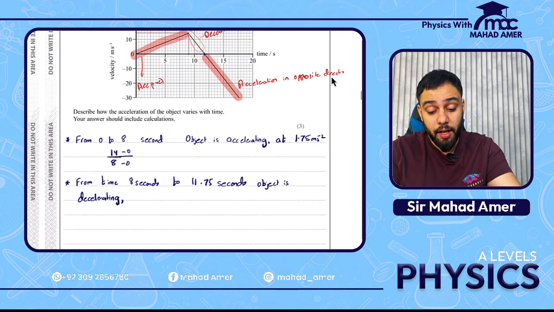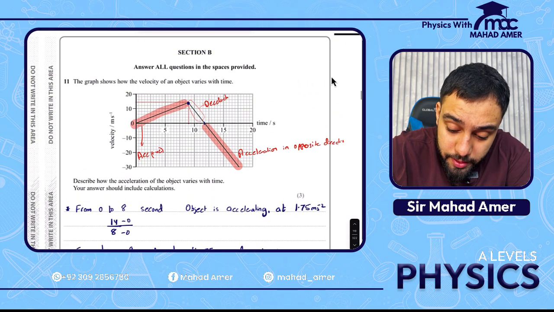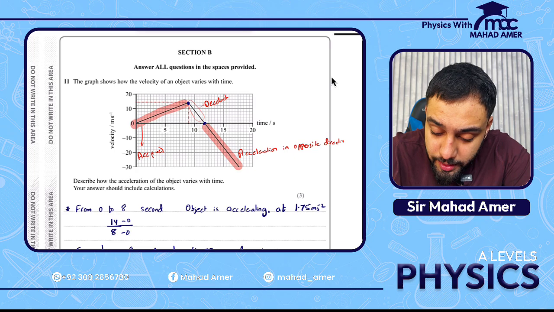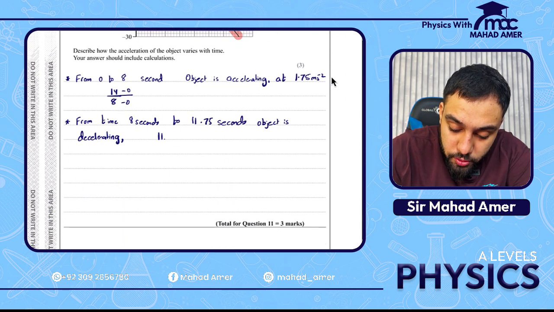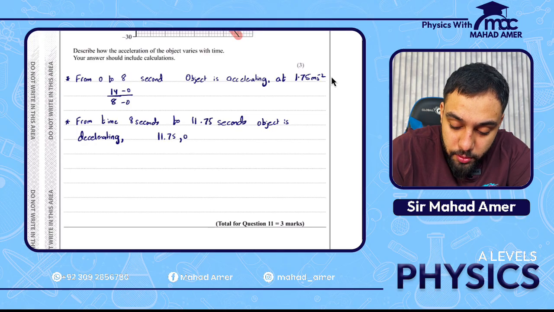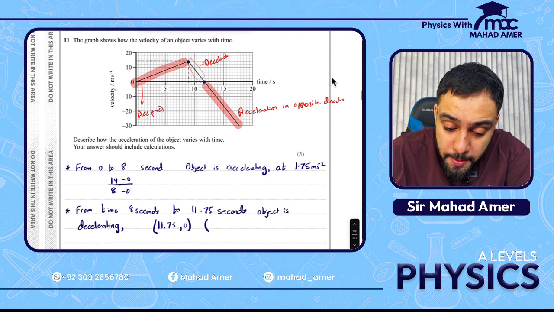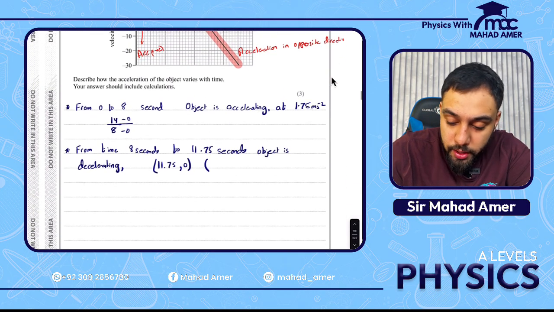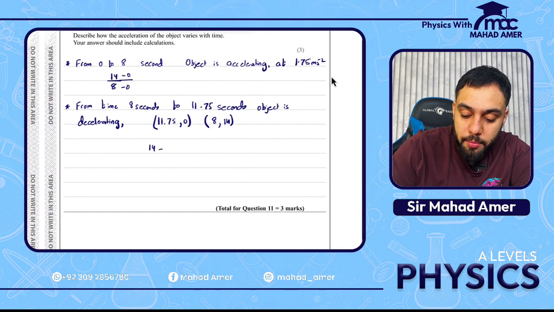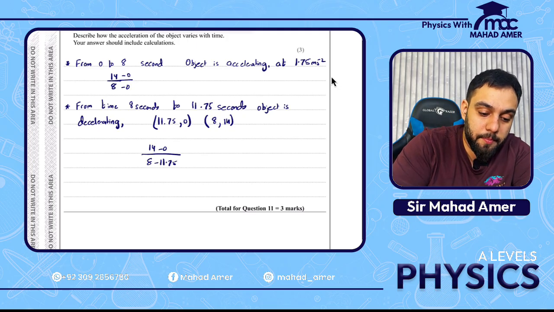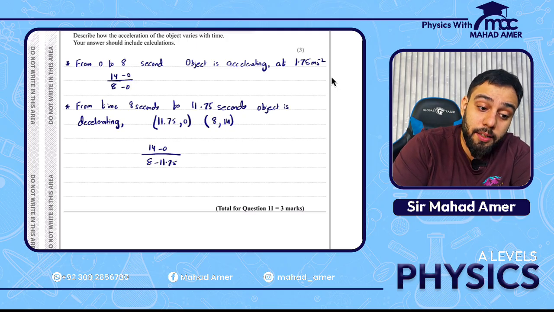And the deceleration value I can calculate by the gradient of these 2 points. It's 11.75 and 0. So the first coordinate is going to be 11.75 and 0, and the second one is going to be 8 and 14. So I'm going to be plugging in the values. 14 minus 0 over 8 minus 11.75, and you would get the negative answer of